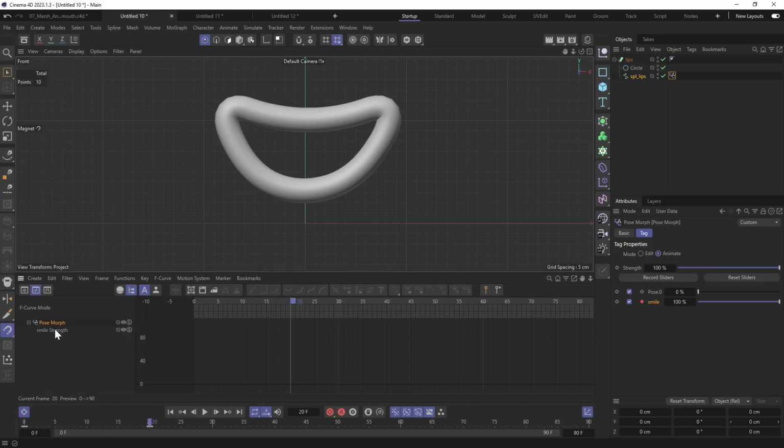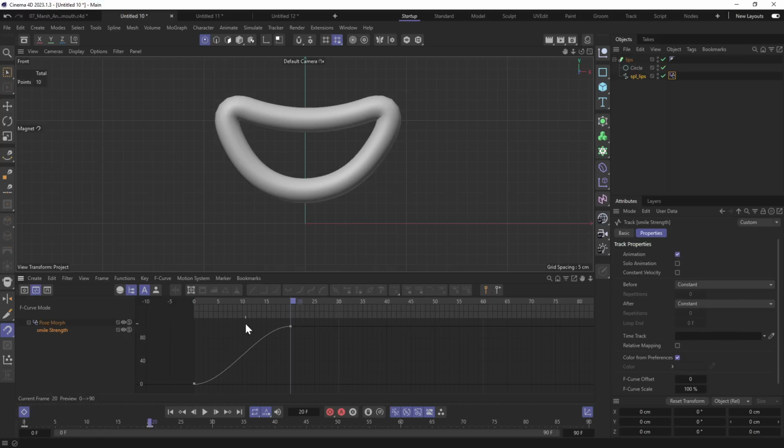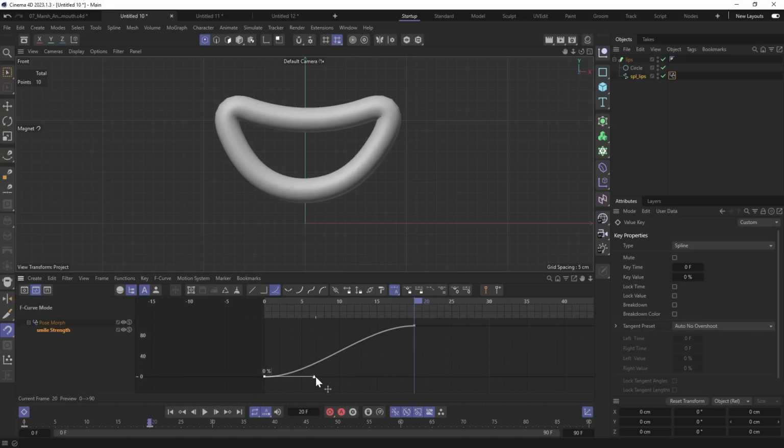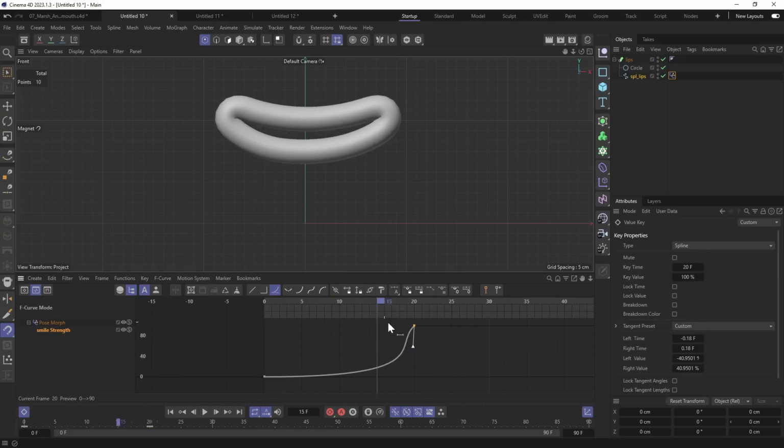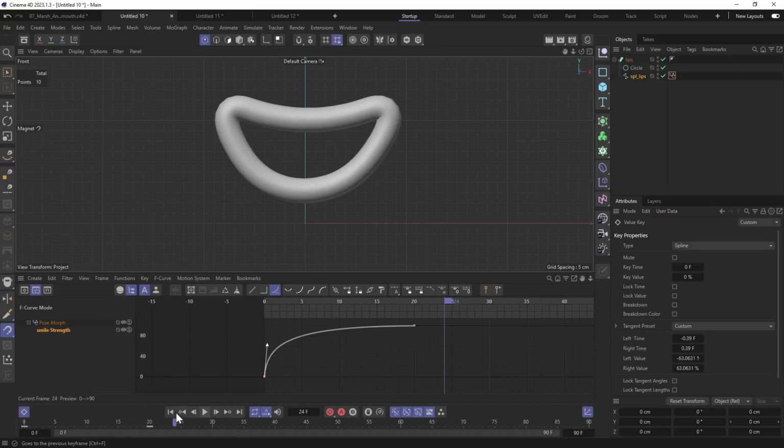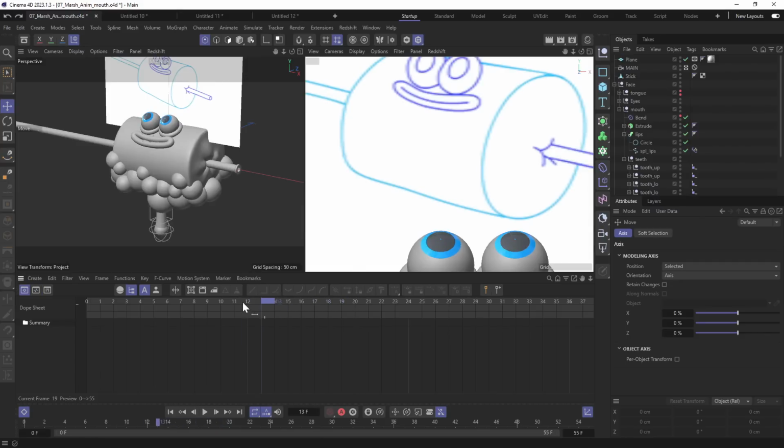Switch to curve mode if you want to see the interpolation curve. In this mode you can adjust interpolation curves. For instance, if I shape it like this, it starts to change very slowly and then go rapidly. Or in this case it will start very fast and then slowly goes to 100%. But in our case I want to use different approach.